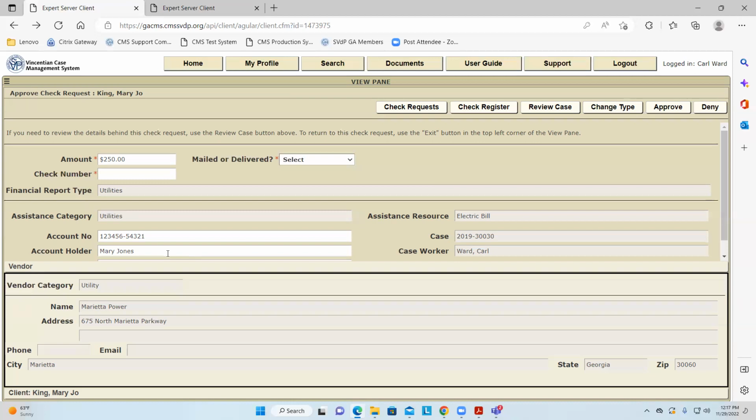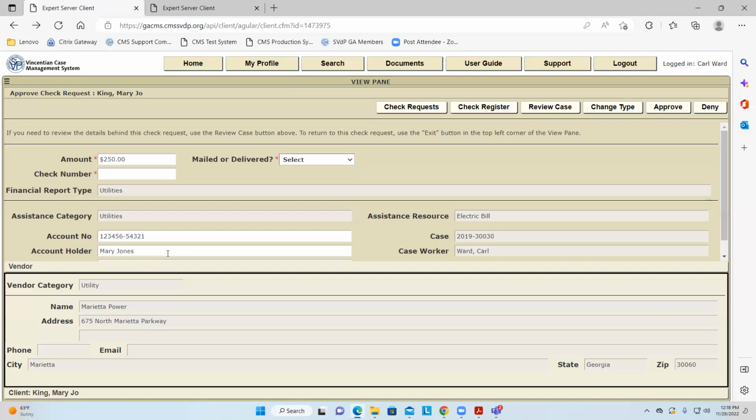So when you send that check to that utility company, let's say it's Myriad Power, they're not going to know Mary Jo King. They're going to know Mary Jones, because that is the person who is the account holder with that account number. That's the other important piece of information.